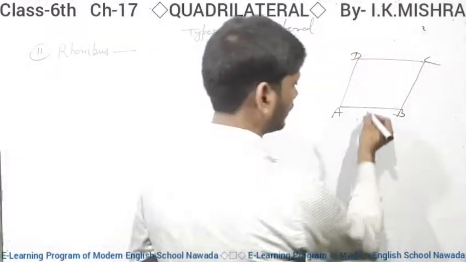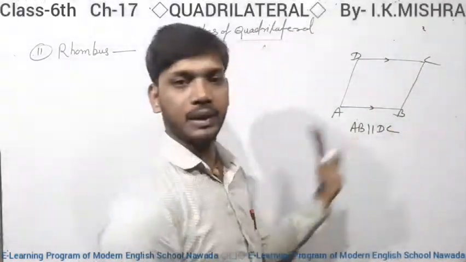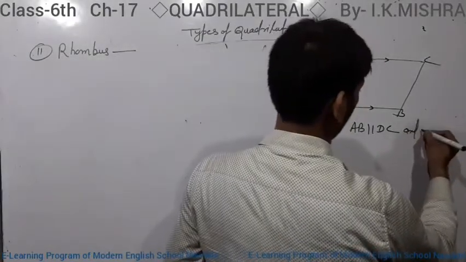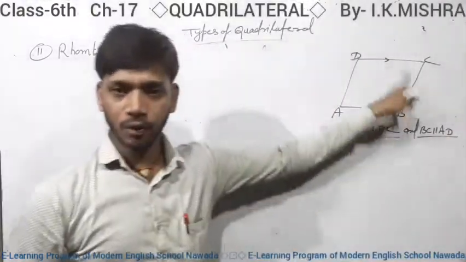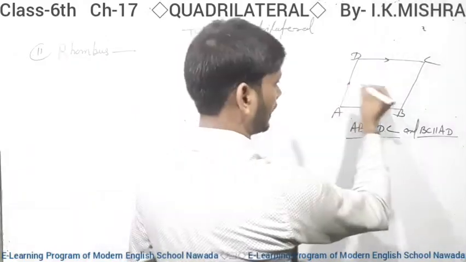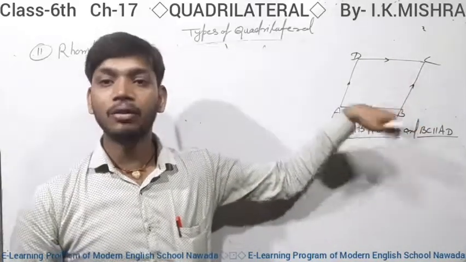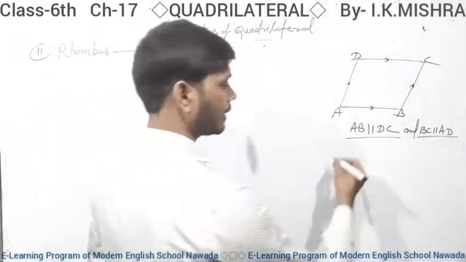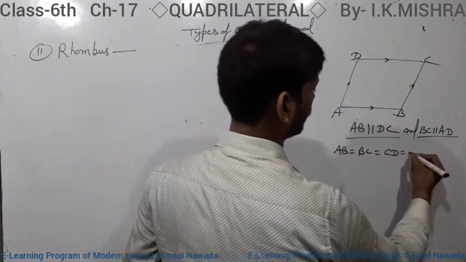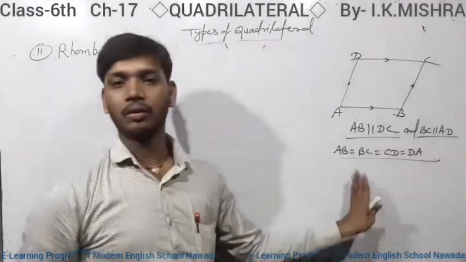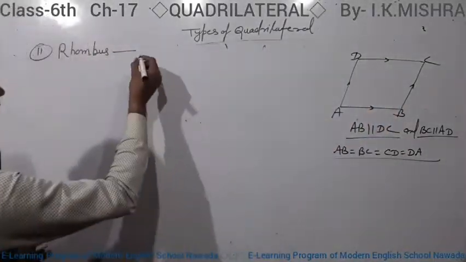ABCD. Here students observe AB parallel DC and BC parallel AD. Here it's a parallelogram, and in this parallelogram the length of each side is equal. That means here AB is equal to BC is equal to CD is equal to DA. So it's a rhombus. That means a rhombus is a quadrilateral, a parallelogram